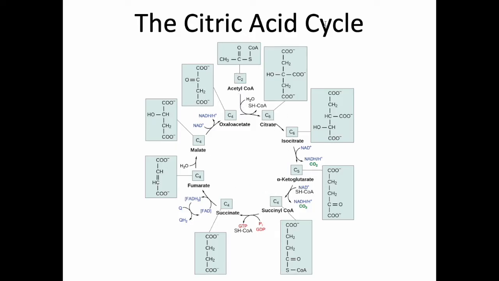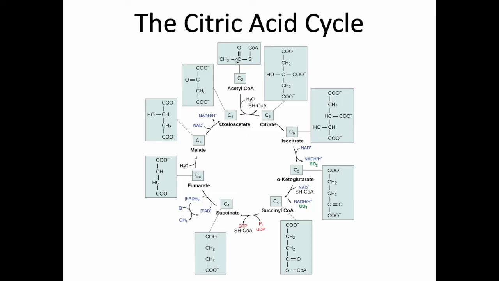It's a cycle, as the name implies. Again, we don't need to know every single step here, but the first one is very important. This first step is going to take our acetyl-CoA from the last reaction. There's our 2-carbon acetyl group attached to the CoA carrier. For your convenience, I like this figure. It tells you how many carbons these have. This says C2 underneath it, just keeping track.